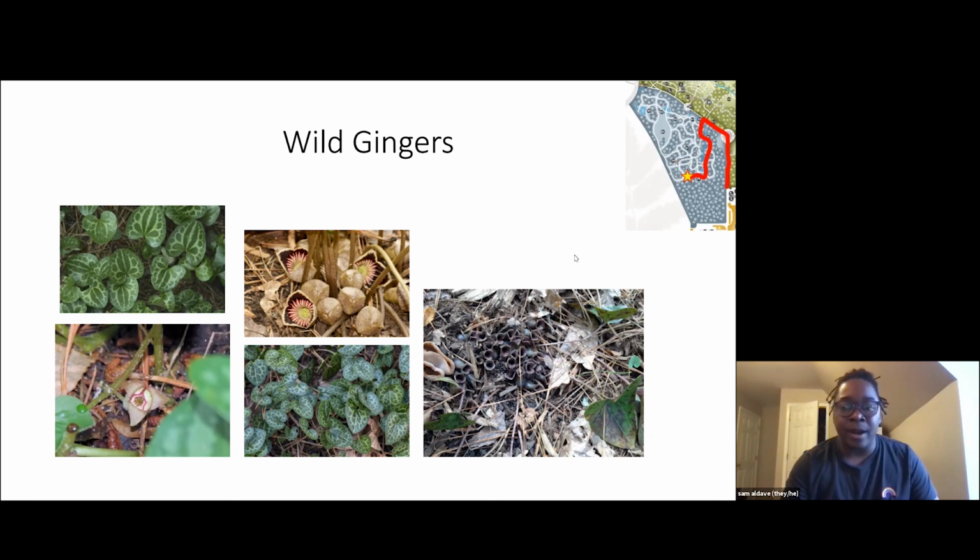If you were one of the pollinators, an ant, you'd want to be able to climb in easily so that you could gnaw your way into the seed pod and carry the seed and its tasty side part, the elaiosome, back to your ant colony for your ant babies. You discard the seed into the colony's compost pile, which is a great place for that seed to germinate and start a new wild ginger plant.